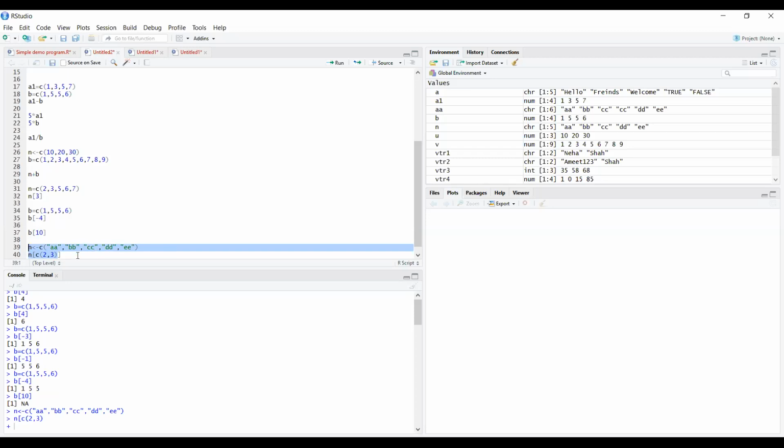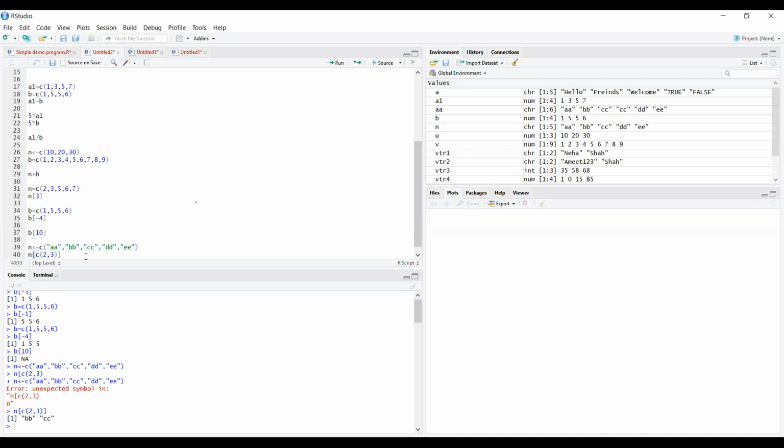Sorry, I had not selected the square bracket. See, it is saying BB and CC are the second and third elements of the vector. Whenever you want to find any new contents present in a particular vector, or some new variables, you can find them through this means also.